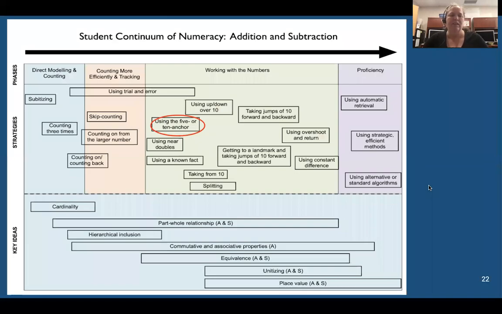So the next one that comes to mind on the continuum is using the 5 or the 10 anchor. And I don't think we're going to spend very long here. You guys were saying this isn't one that you see a lot in classrooms, but I think as teachers spend more time working on how numbers are connected to 5, it is one that we will see more and more